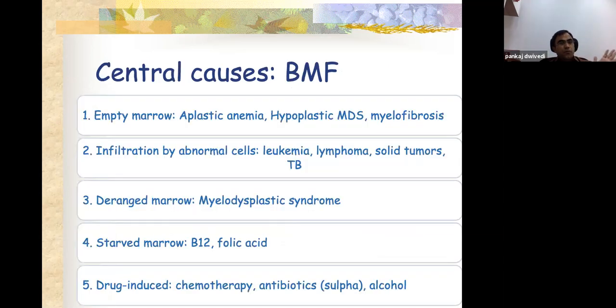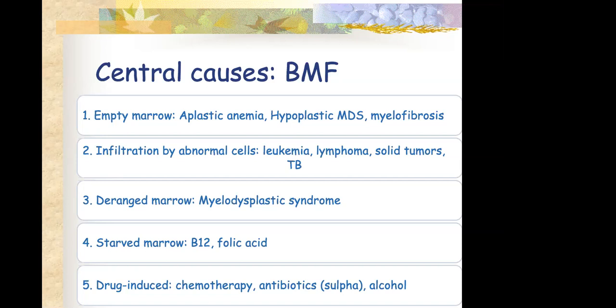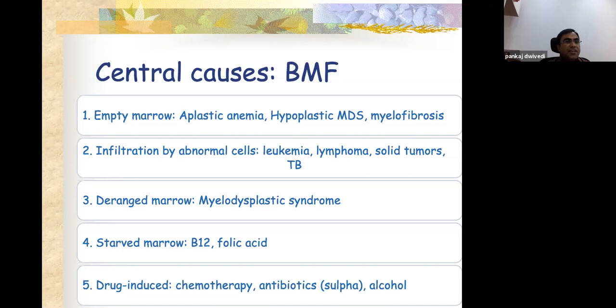As we have seen, you may find an empty marrow. So the marrow is not producing. Why? Because of aplastic anemia, hypoplastic MDS, myelofibrosis, or infiltration by abnormal cells like leukemia, lymphoma, solid tumor, or miliary tuberculosis, for example. Deranged marrow: myelodysplastic syndrome. Starved marrow: the marrow is starved because it is not getting raw material like B12 or folic acid. Drug-induced: chemotherapy, because of the direct effect on the bone marrow, or antibiotics like sulfa drugs, or alcohol,